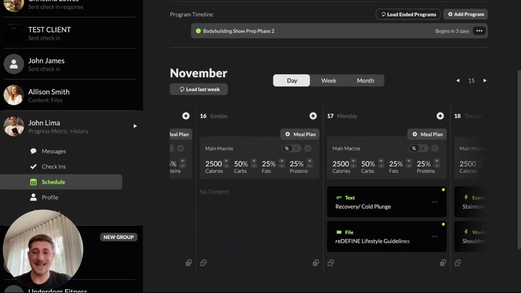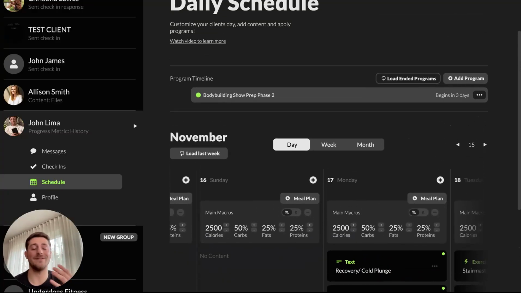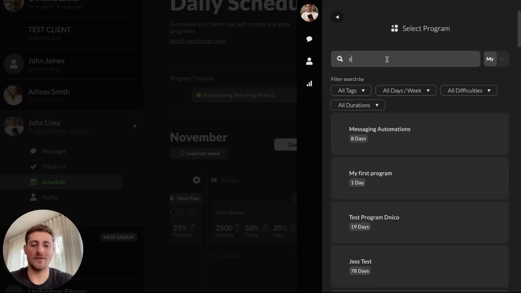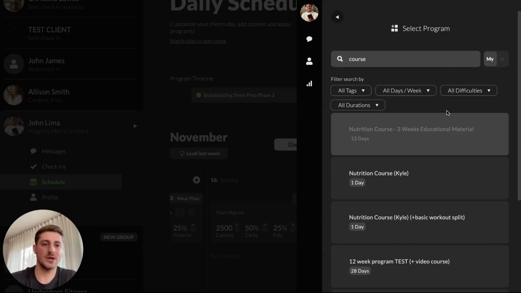But now perhaps as a next step, I want to add a little bit more to this particular client's schedule. So maybe I, for example, have an educational course on nutrition that I also want this client to follow, maybe while they're on that bodybuilding show prep phase 2. Right? So I'm going to go add program again in the same spot. Instead of this upcoming Monday, I'm going to select to start this 1 week later. So the educational program kind of kicks in the second week of the workout splits and such. Continue again, and I'm going to find my nutrition course, 2 weeks of educational material, and I'm going to assign